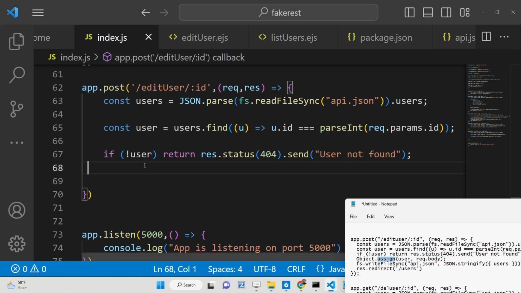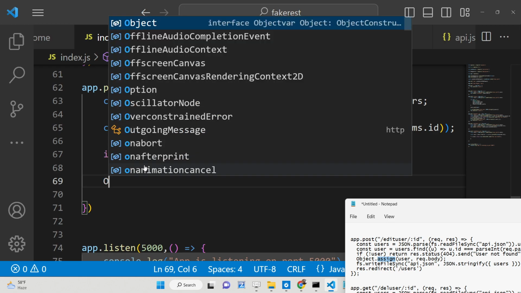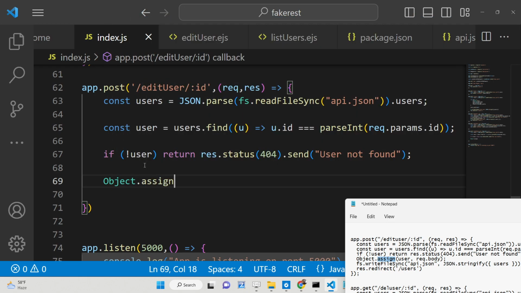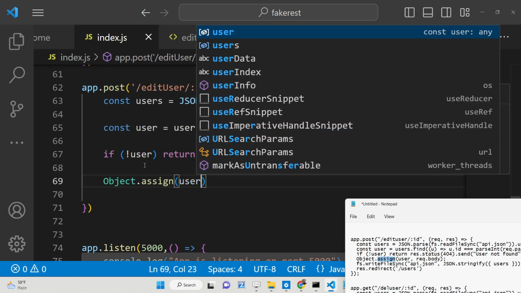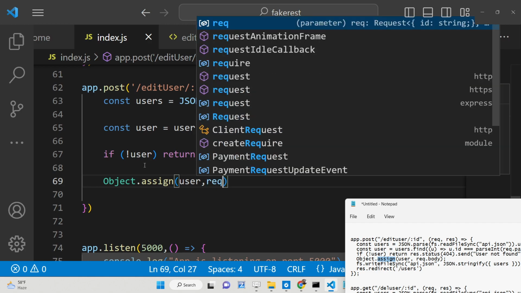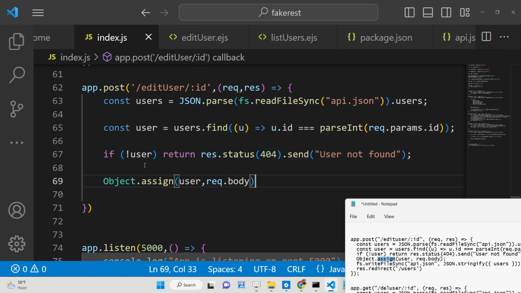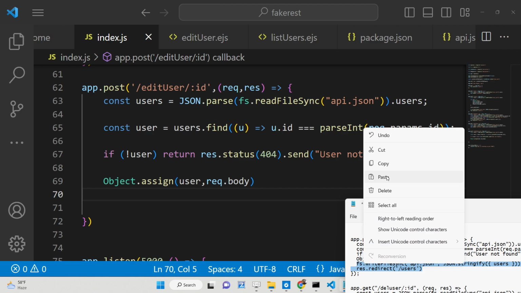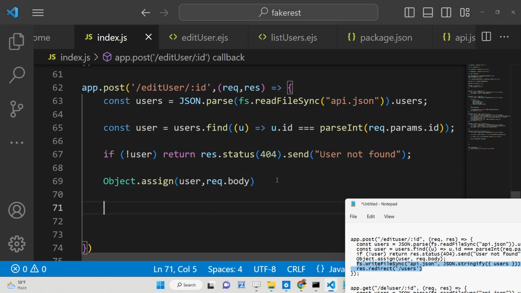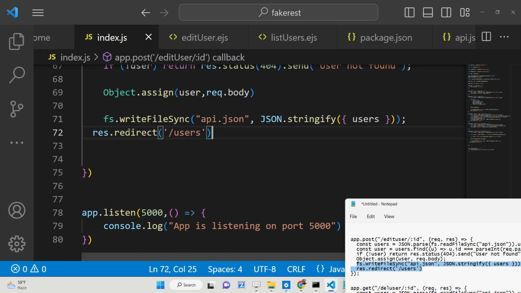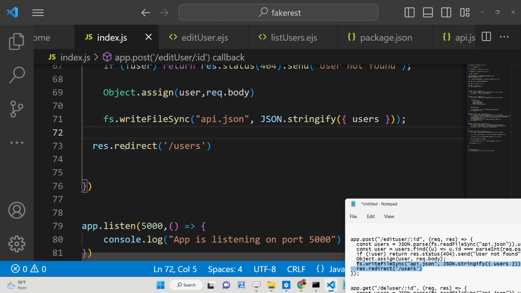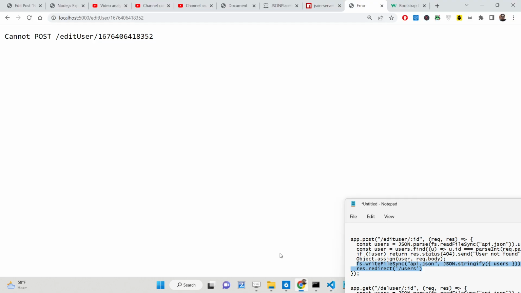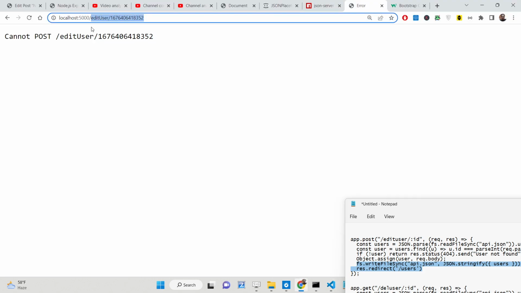If the user is found, in that case we will simply use the Object.assign method, and here we will pass the user, and we will update the user by request.body, whatever details are written. And then we will simply again do the same process, write this inside api.json, and we will redirect the user to the user area. That's all. Request here, that's all. This completes your application guys, and now if you refresh your application,